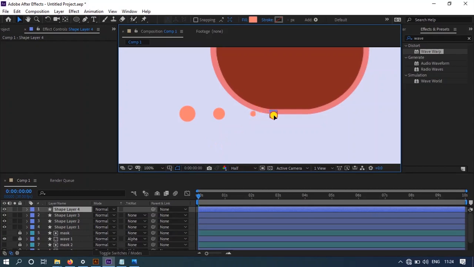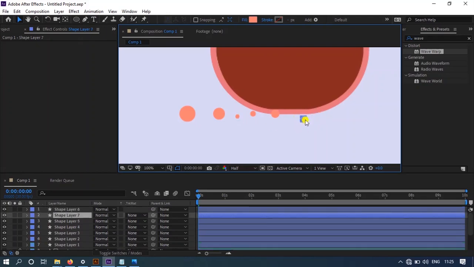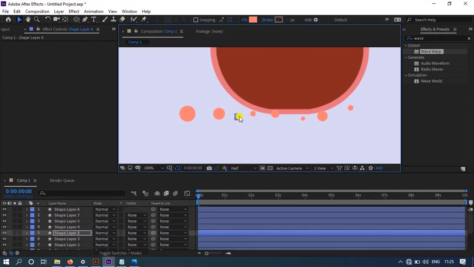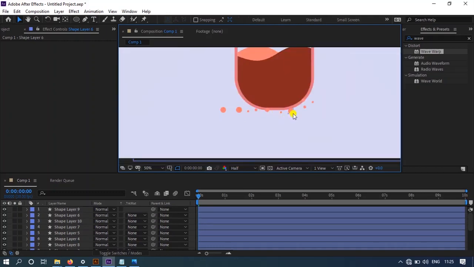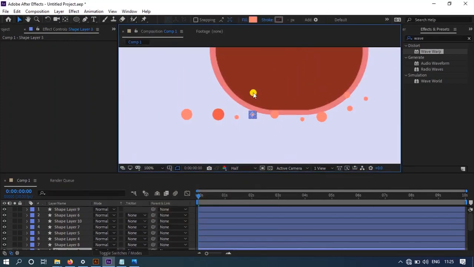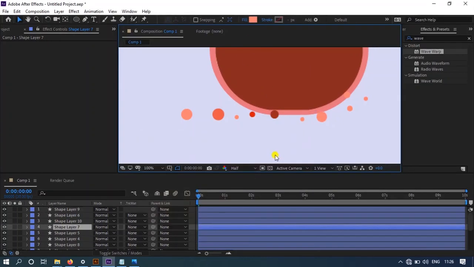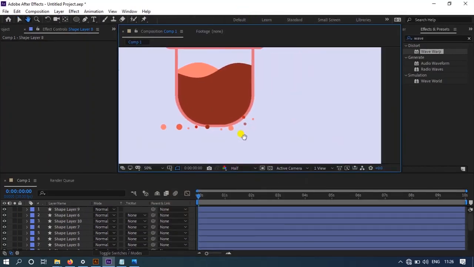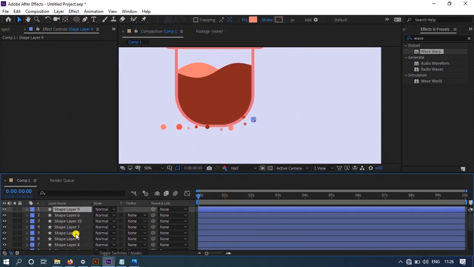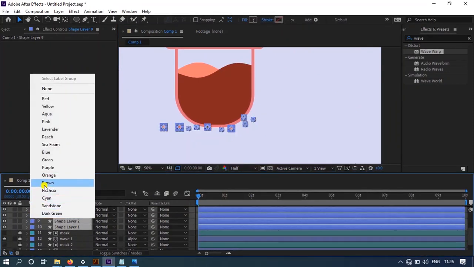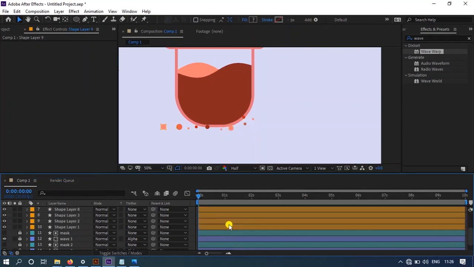Press Ctrl D, drag here and you can enlarge this one. Now change the color of some of the ellipses. Select all ellipses, click on this color and change the color so you can find this layer easily.